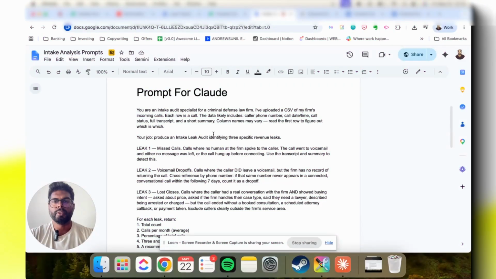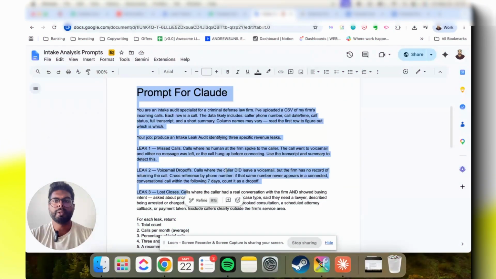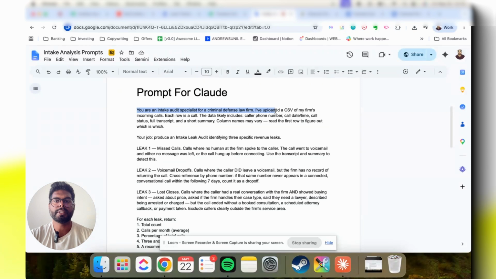Then I'm going to take this over to Claude and use one simple prompt to analyze this mass of data to show which gaps we can fix now. Okay, so this is the prompt that we're going to put into Claude. You're an intake specialist